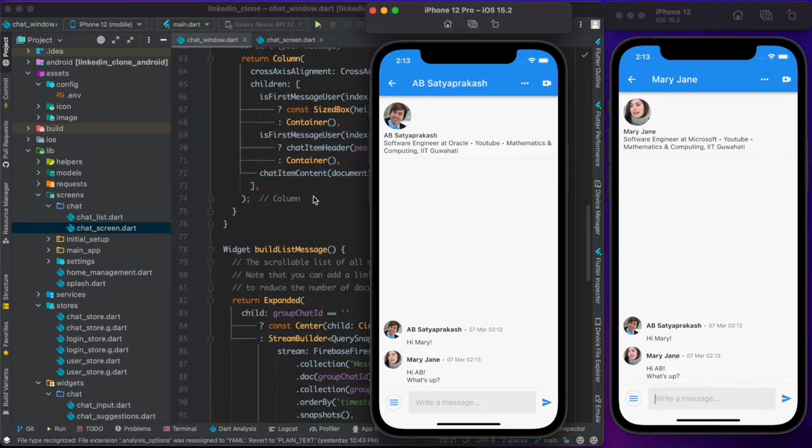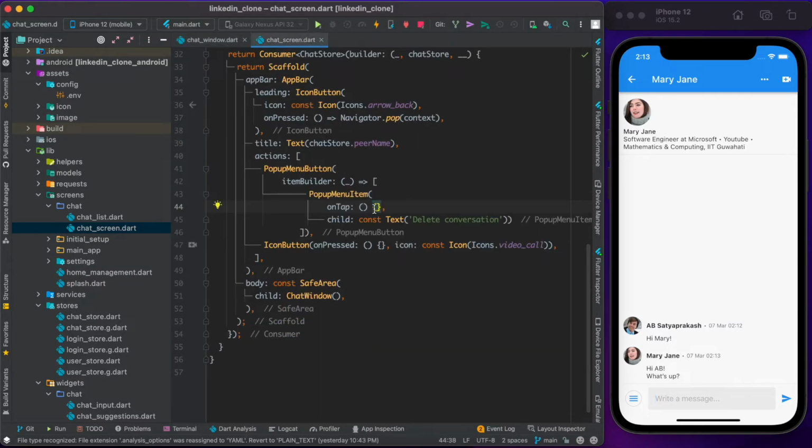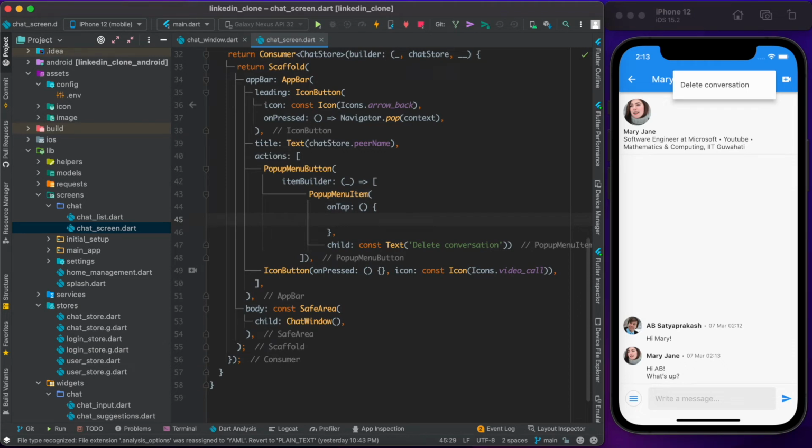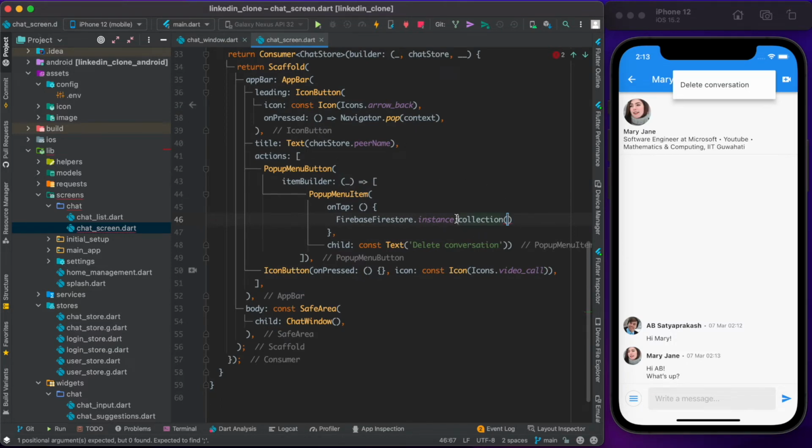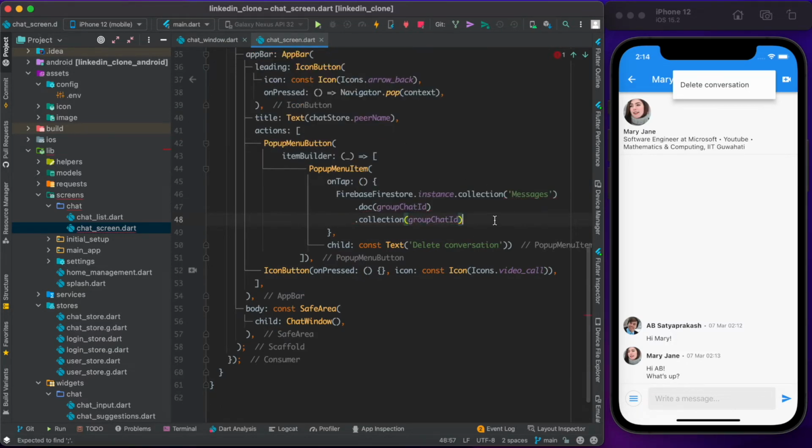Now one more thing which we have to implement is the delete messages thing here. So let me go ahead and do that quickly. In here I'll again try to access the Firestore. So I'll say Firebase Firestore.instance, and the same collection that we specified previously, I will copy paste that here, and once you're in here, I'll say dot get and a dot then, and inside that I'll be expecting a snapshot as a value.